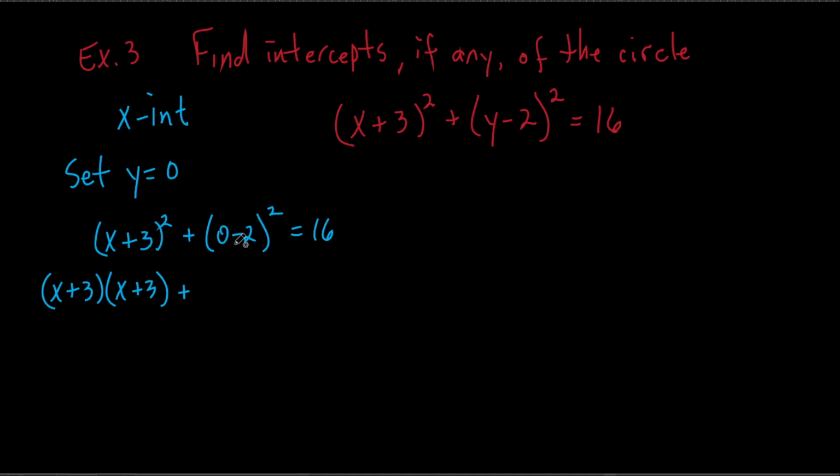What's this? 0 minus 2 is negative 2. Negative 2 squared is, well, I'll tell you what. Let's just write it down. We got to do another step with this anyway, so let's just do that. And that equals 16. All right, let's do this. It's going to be x squared plus 3x, which is 6x, plus 3 times 3 is 9. What's this going to be? Negative 2 squared. That's going to be a positive 4, isn't it? All right? And then